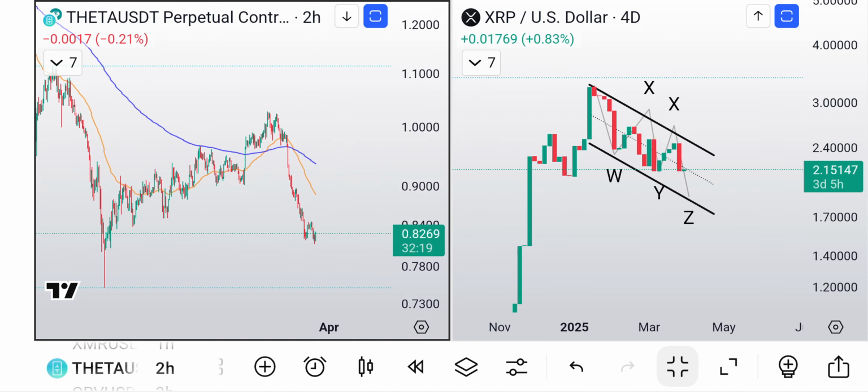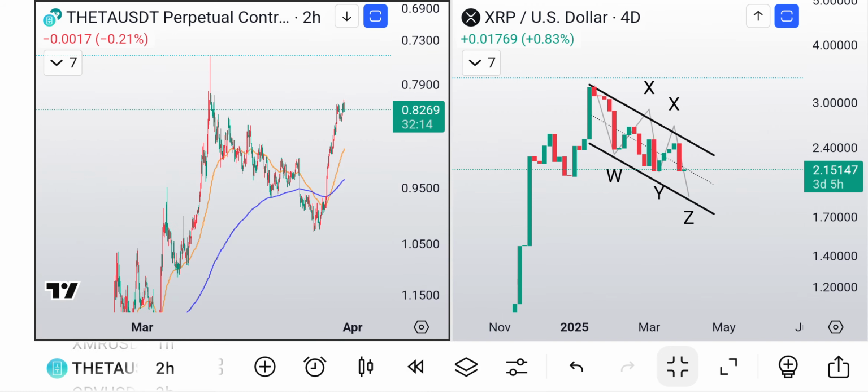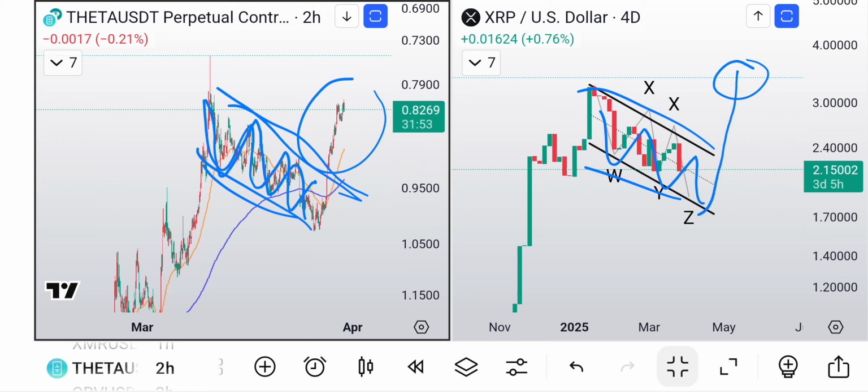But when you compare that to XRP, and then we flip this upside down, you can see right here, same thing, we're channeling, oscillating down, up, down, right? And channeling down usually gets a break to the upside. So if this is channeling down, what do you think is going to happen? We're probably going to get a break to the upside.